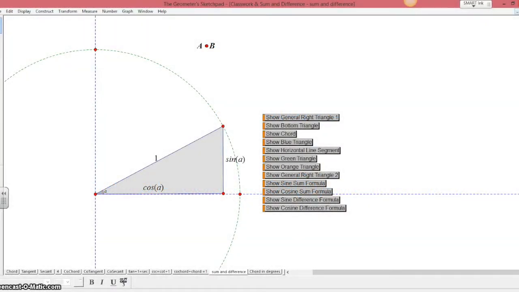We know that a right triangle with hypotenuse 1 and angle alpha has legs of sine alpha and cosine alpha. We are then going to show you the general right triangle with hypotenuse r, such that the legs are r sine theta and r cosine theta, because each leg is scaled by a factor of the hypotenuse. Now we will move the triangle